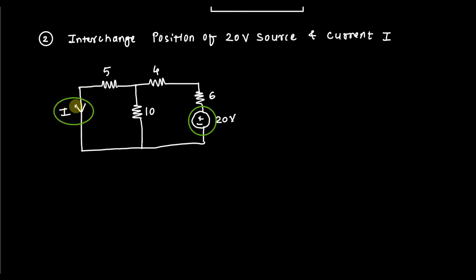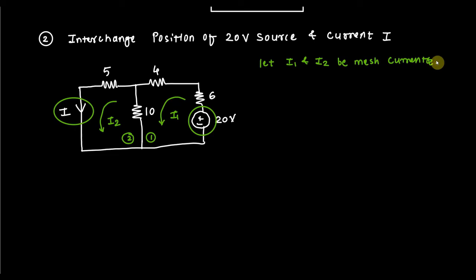Now our aim is to find out the value of this current. So repeat the procedure of step 1, meaning we will apply mesh analysis. Okay, so how many meshes are there? 2. So this is the first mesh, this is the second. Now I will consider this as the first because the voltage source is here. Okay, so here the current is I1 because the current flows from positive to negative, and here the current is I2. Okay, so again you can see that your I2 is the same as I, so our aim is the same, to find the current I2. Okay, so what we have assumed: let I1 and I2 be the mesh currents.